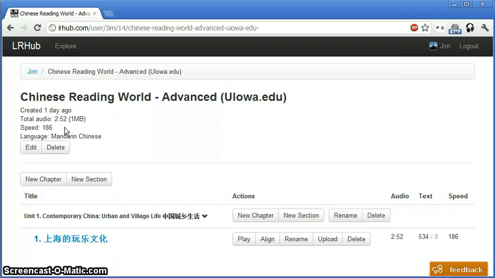So if I'm a beginner, I'll be able to hopefully search this website by speed and maybe say I don't want anything that's faster than 150 characters per minute, or I can choose words per minute, just depending on what language I'm searching for. So I'm excited by that feature. That looks really cool.